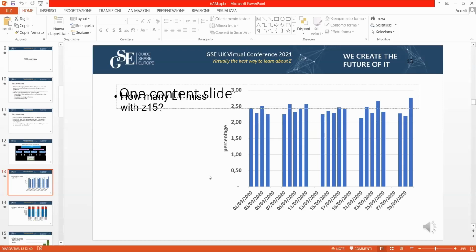Now, it's incredible when you think about the fact that this low amount of level 1 miss is what really makes your z/OS hardware waste so many cycles. So the big, huge difference is that when you make just 1 miss out of 100, still that miss could cost you a lot of money.